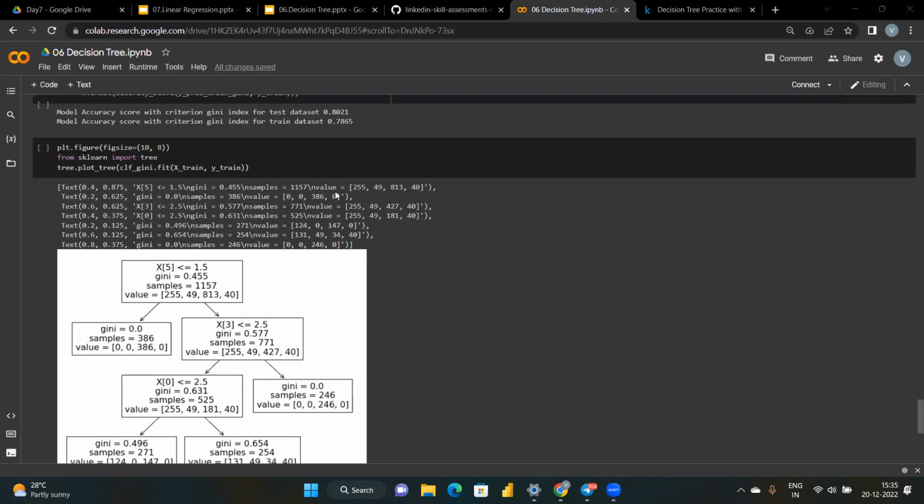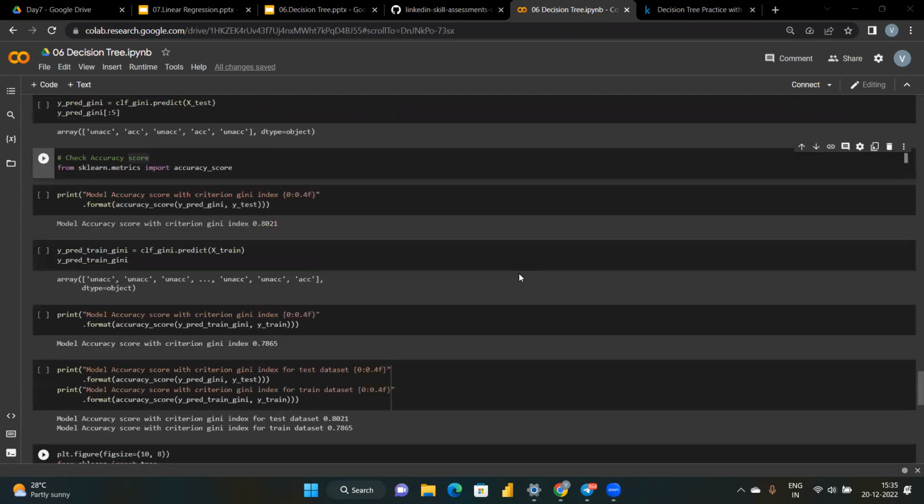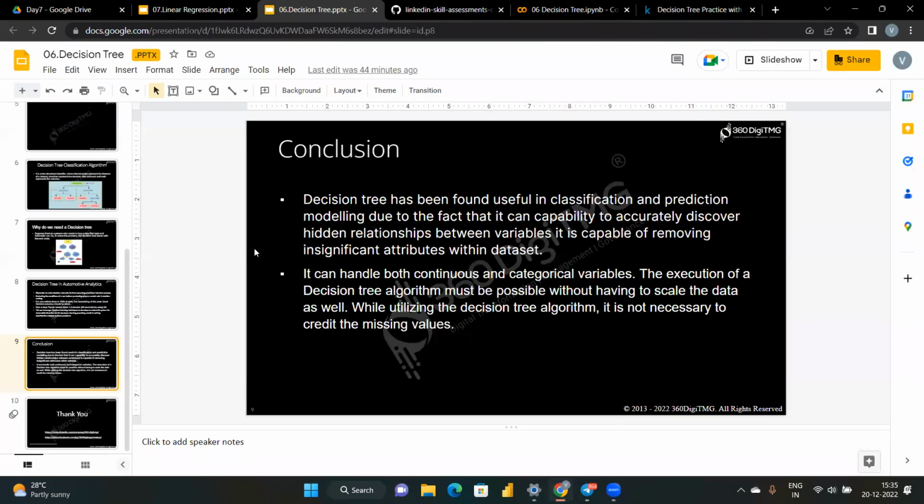So this was all about decision trees. I hope it is a good explanation about decision trees. Next concept. If you ask me the conclusion of decision trees, you can see decision trees have been found useful